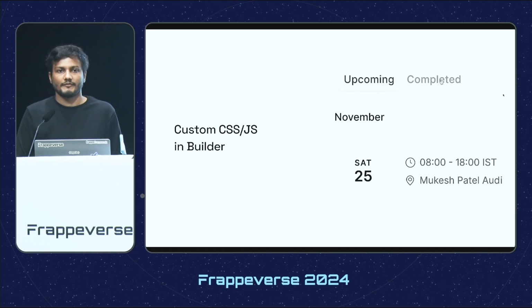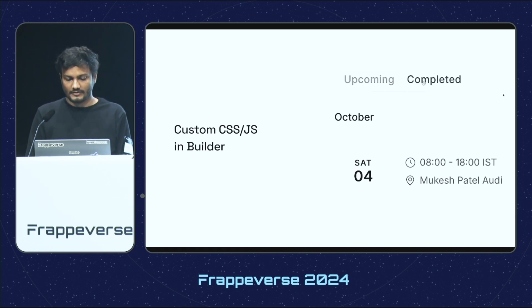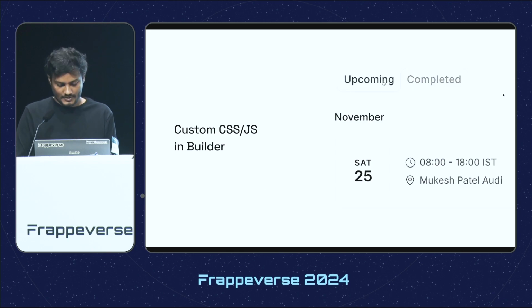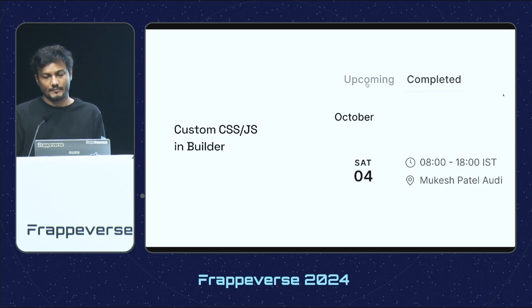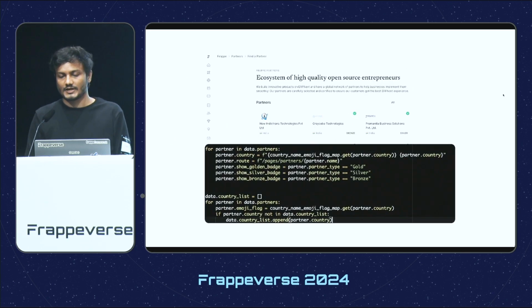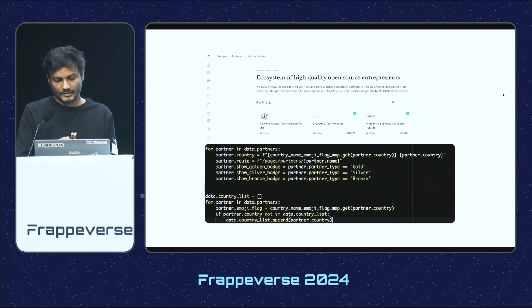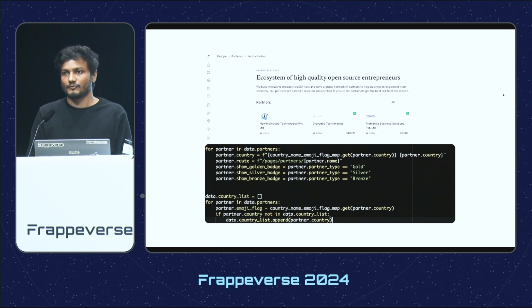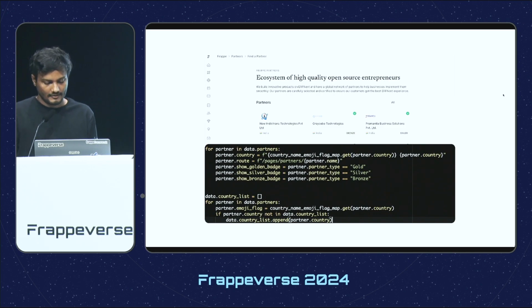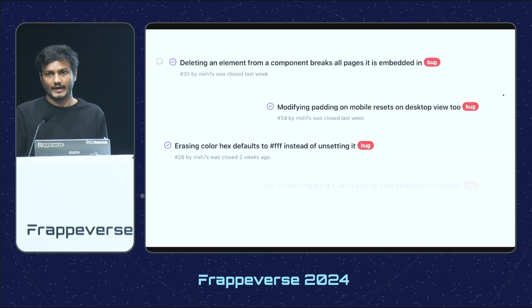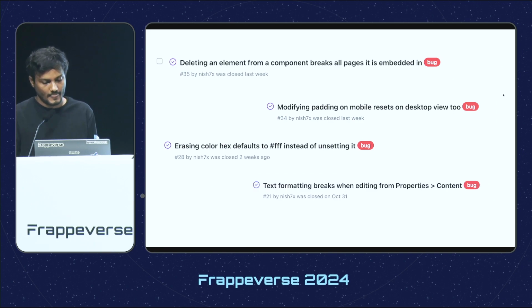And so this is the power that Frappe Builder gives you. It just makes you full stack. And thanks to custom CSS, for example, I was able to make components like tabs. And Suraj helped out with places where it needed dynamic programming, for example, for the events and for the partners. So yeah, I was like the first full-time user of Frappe Builder. And so I also helped discover bugs and issues with Frappe Builder.